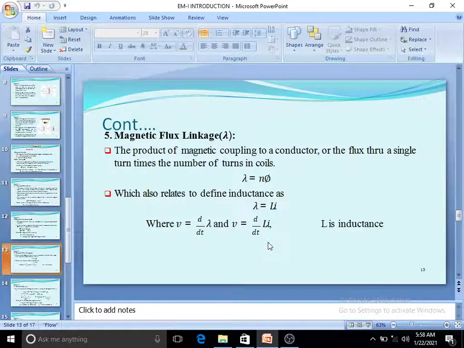What is the property of the inductor? It will oppose the sudden changes in the current. So V is proportional to di by dt. When you remove the proportionality, we need to add some constant, right? So that is your L. So V equals L di by dt. Right? Already in your BEE, the basics of RLC, right? So that concept here. Clear?